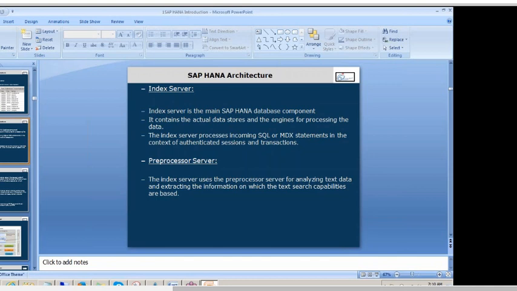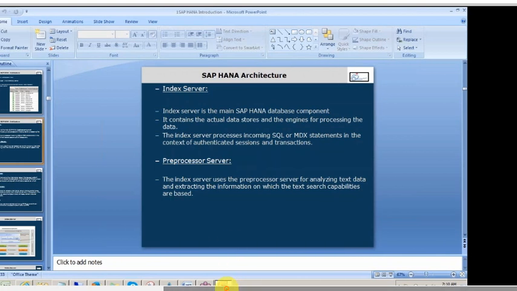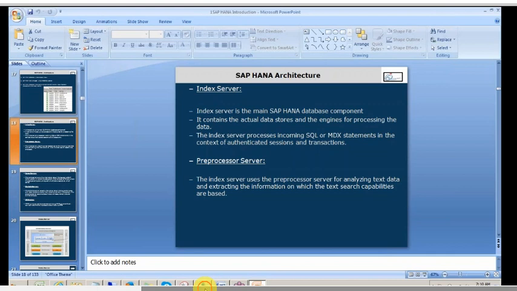And there's something called full text index, where you do sentiment analysis on top of unstructured data. Say I get reviews of a certain product, and I would like to do sentiment analysis on that product, how much has been positive and how much negative. I can use full text index for that. So processing of unstructured data, fuzzy search, and processing of all this text data is handled by your pre-processor server. The index server leverages the pre-processor server to process all your unstructured text data.